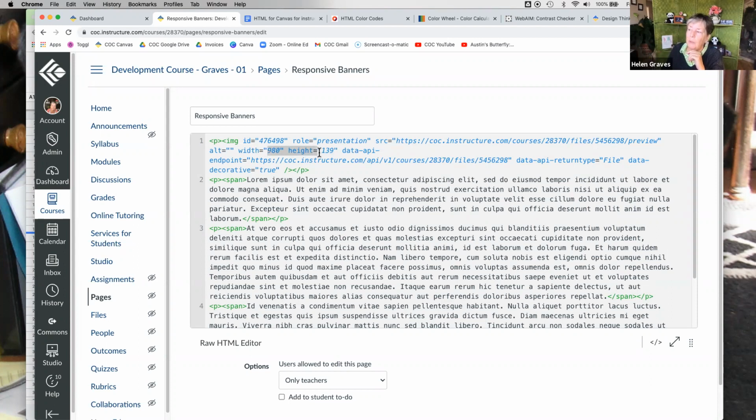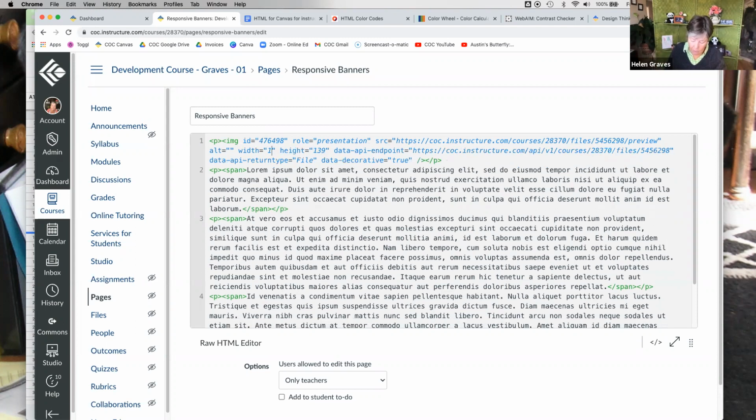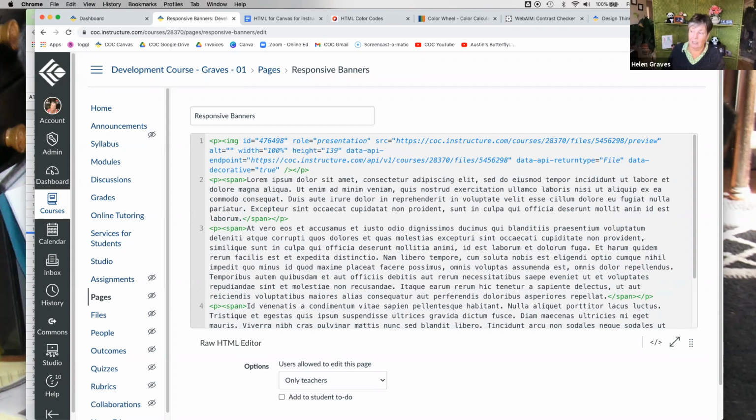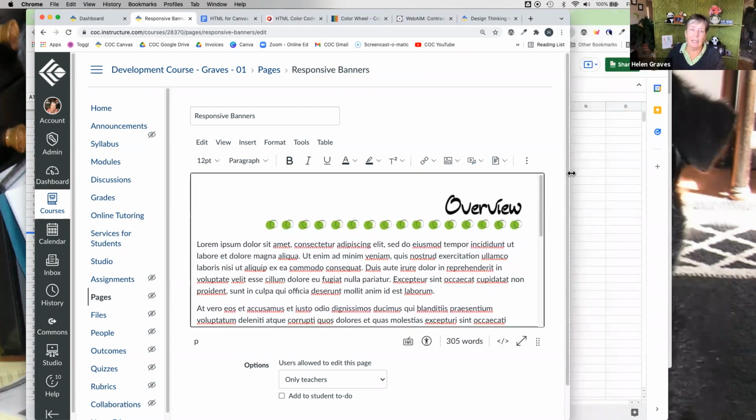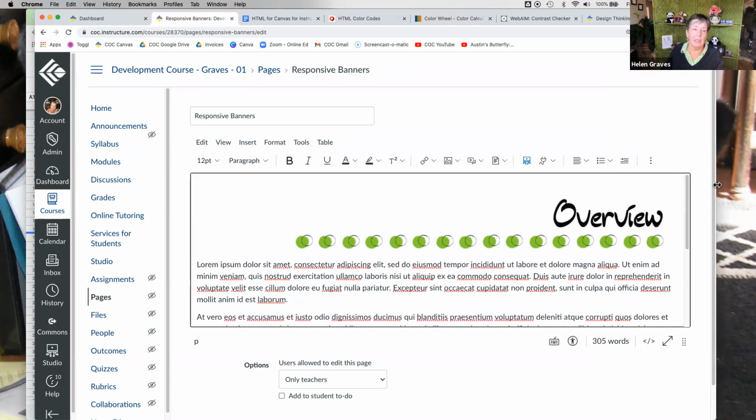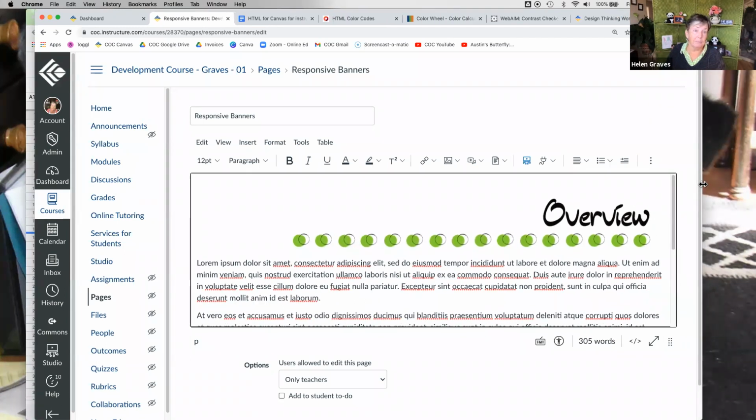I don't need to worry about the height, so you can either leave the height or get rid of it. Instead of a set number of pixels, I'm going to say 100% for the width. Let's see if it works. Yes, you can see it now adjusts itself depending on the size of the screen.